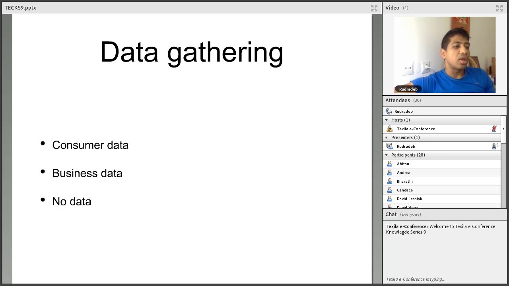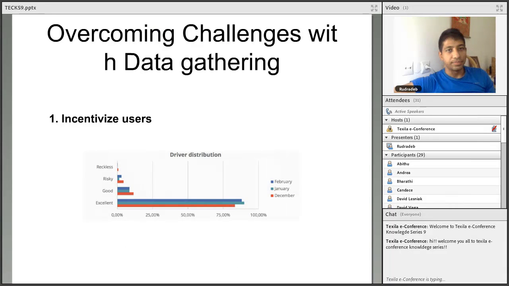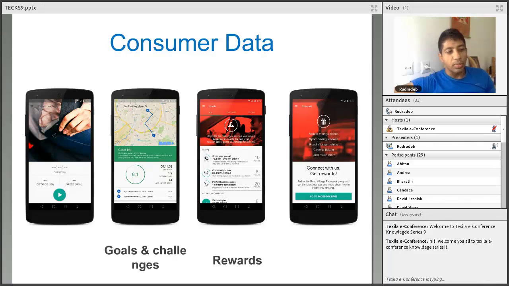So the right way, which I think is the first thing if you are looking to gather the data, is something I told you about yesterday, the use case about my startup in Belgium. What we were doing was we had to train a machine to understand how people drive.